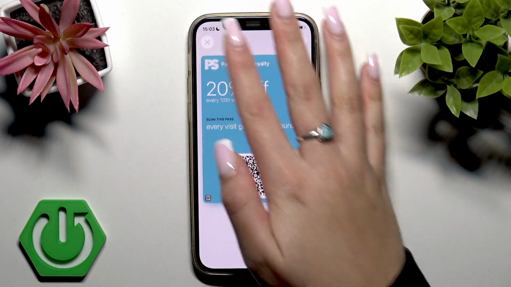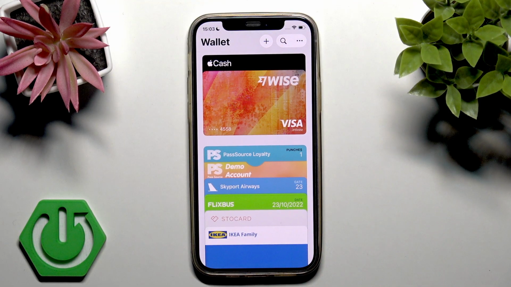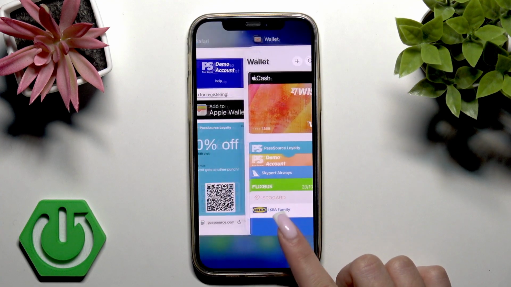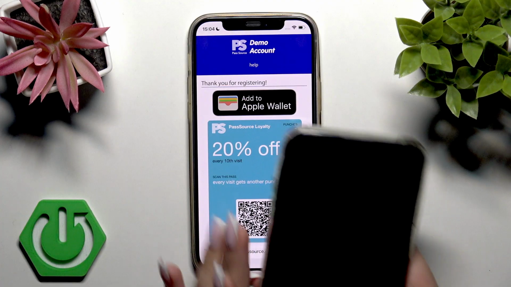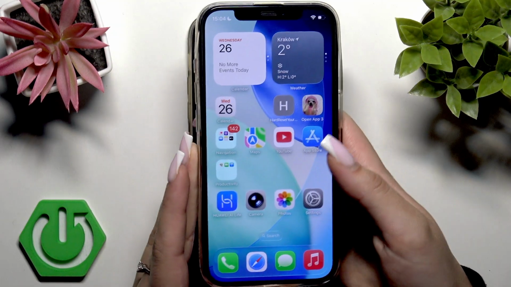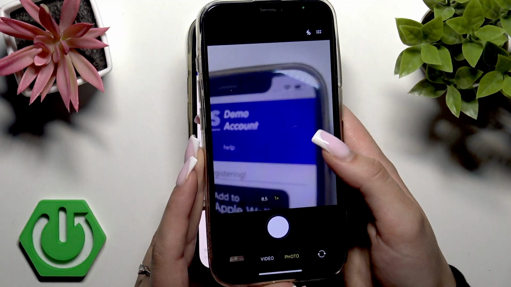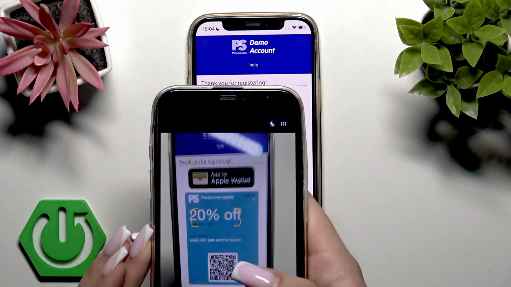Now the second option, when you use the QR code. This will be an option for you if you are, for example, at the checkout, or if, for example, you have a printed receipt, and you want to scan the QR code. Let me go back to my loyalty card, and I will use my other phone. So let me quickly unlock it, and I want to go to my camera, and I want to scan this QR code. So I will do that,